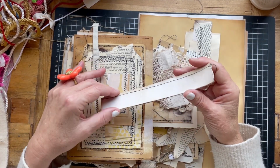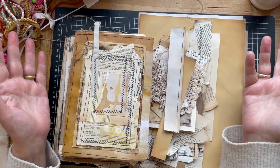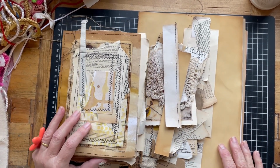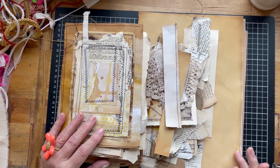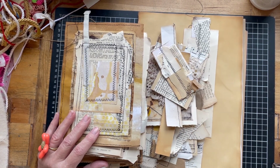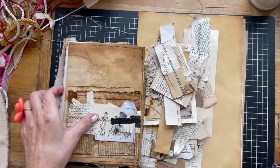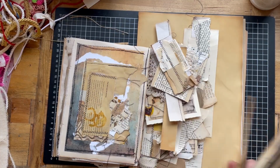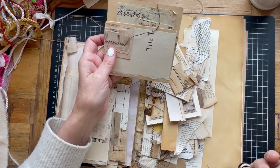So everything is kept. This is off an old page that I'd just done a line. So Kate seems to use machine stitching on paper and stay in these very vintagey colors, whereas my slow stitching at the moment is very colorful. So welcome. This is playing with paper, and we are going to call it paper collage art, because I do believe these are pages that I've made previously, and I make these and then recycle them. I'll put them in a journal and then decide they don't fit, but always that same premise of